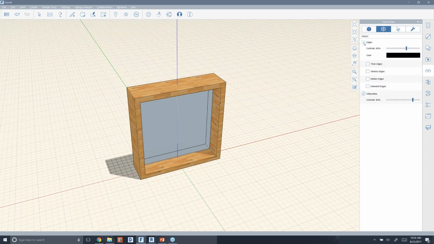You can go into the edges and turn off edges if you don't want to see those, if you just want to see the textured surfaces. You can also dial the edges up and down to give them more contrast or less. This is one of my favorite features in FormIt, so I show it anytime I can. You can